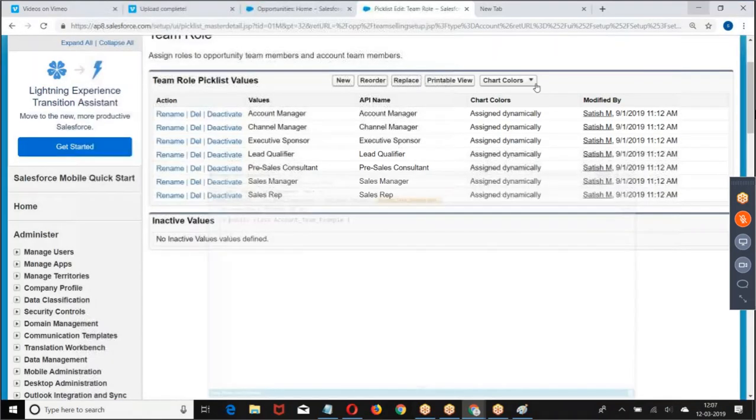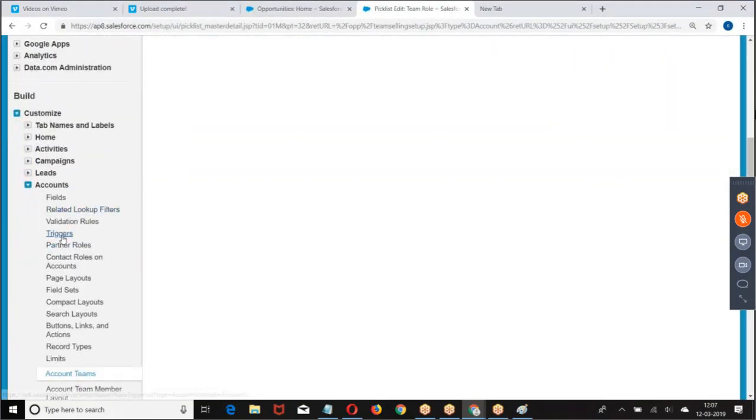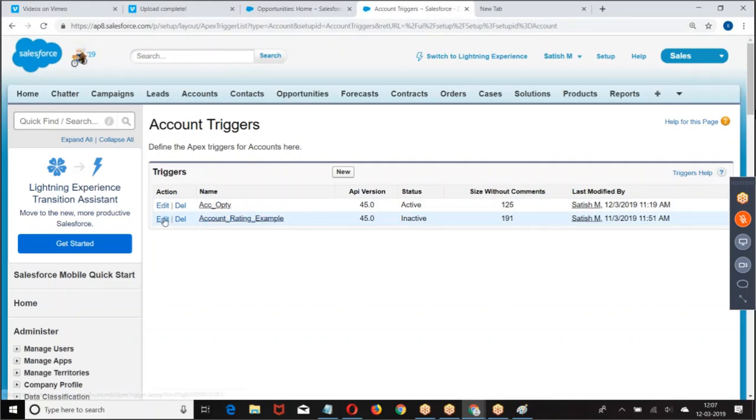I'll just try to deactivate the triggers because some other triggers are running. They'll create a contact and all the stuff.